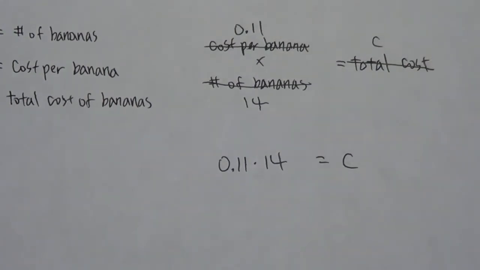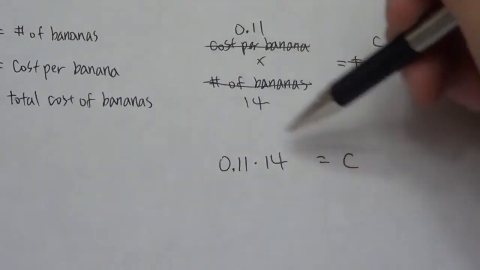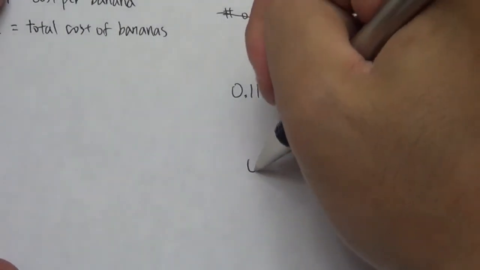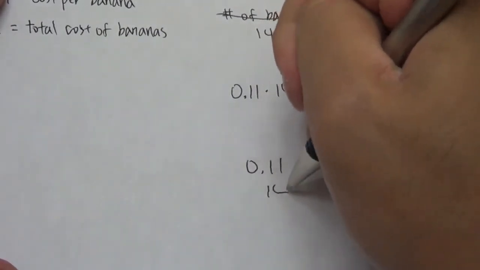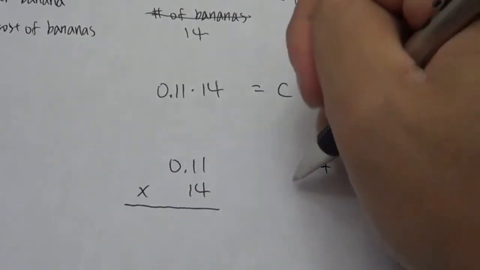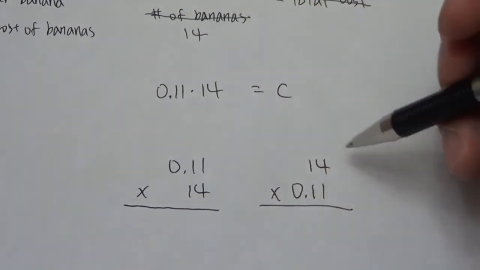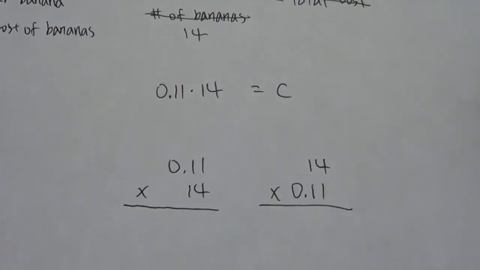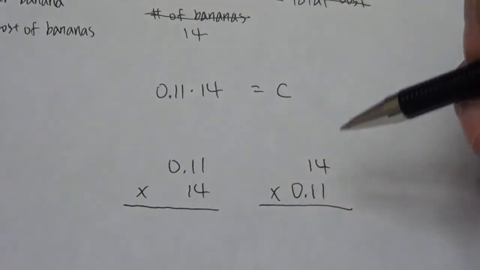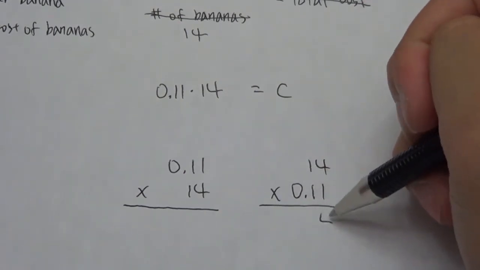And then now I just solve for c. In this case, I don't actually have to solve it. I simply have to evaluate this expression right here, and then I'll get my c. So let's go and work it out. 0.11 times 14. And if you prefer, you can flip it, because of the commutative property, you can do either one of these. In this case, this would probably be the easier one. Actually both would be easy, but this one slightly, because both these numbers are 1, that is easy to multiply